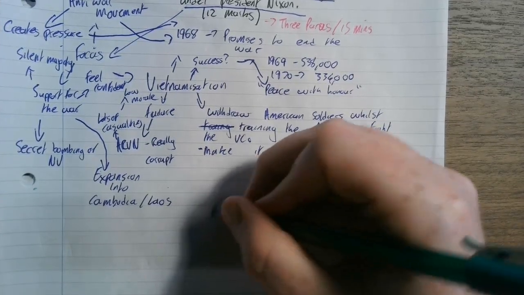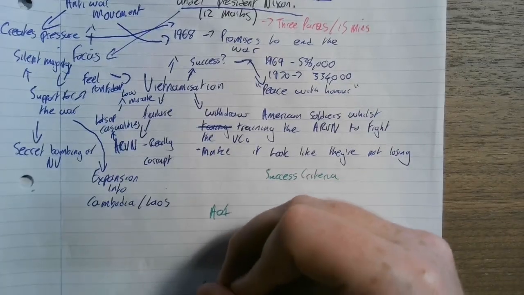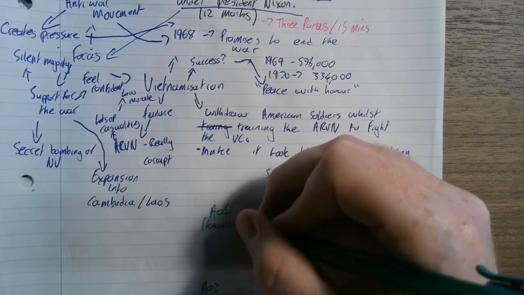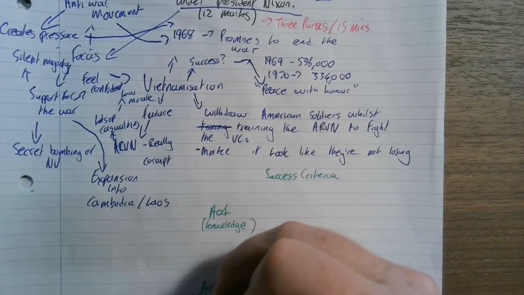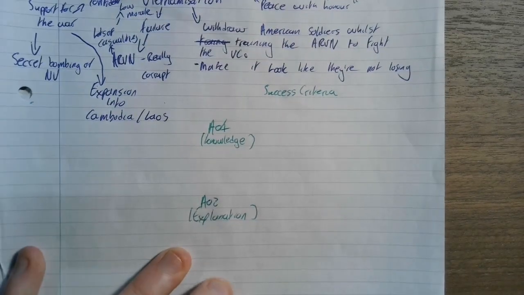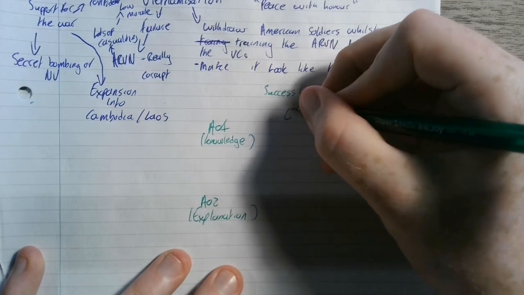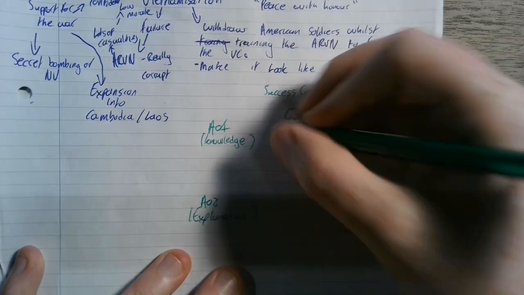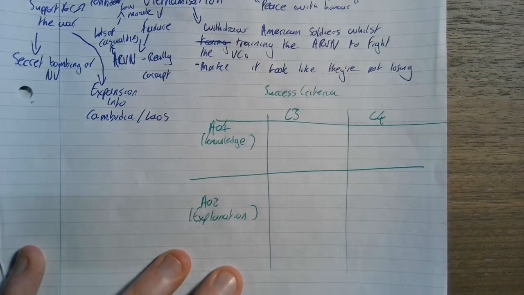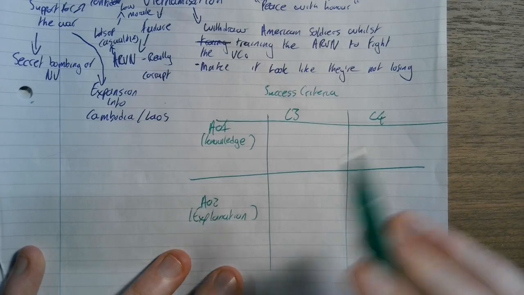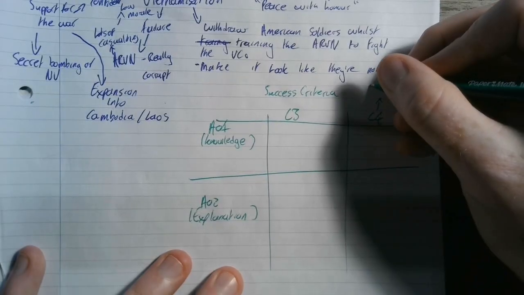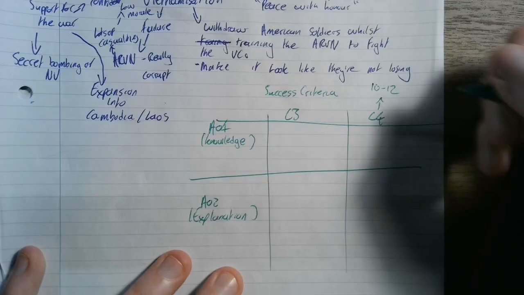For this question, you are assessed in AO1 and AO2. That is your knowledge and explanation. You will be assessed in levels 1, 2, 3, and 4. Level 3 does not mean grade 3, level 4 does not mean grade 4. It's just the quality of your answer. Obviously, level 4 means you are closer to full marks, so in essence that would be somewhere between 10 to 12 marks out of 12.